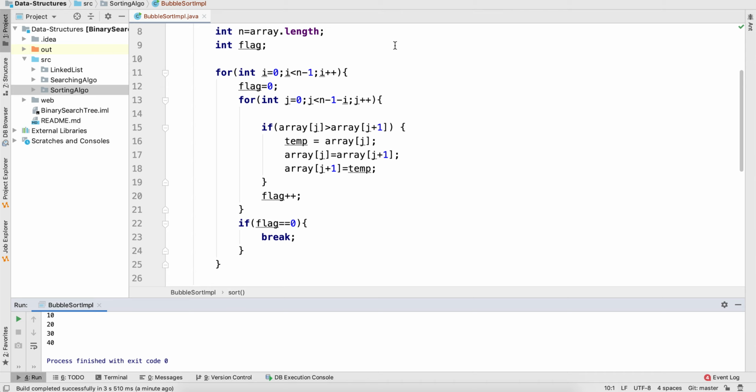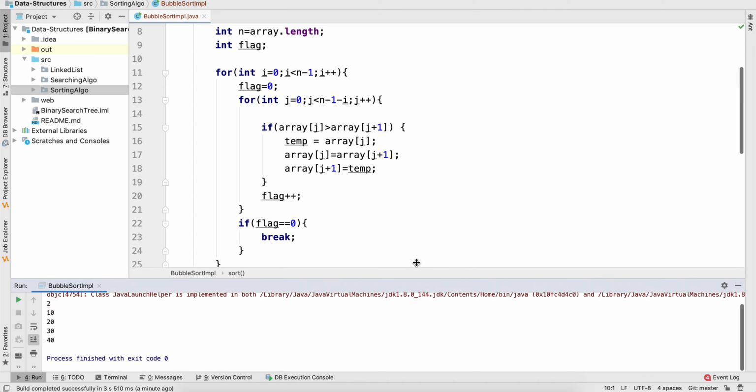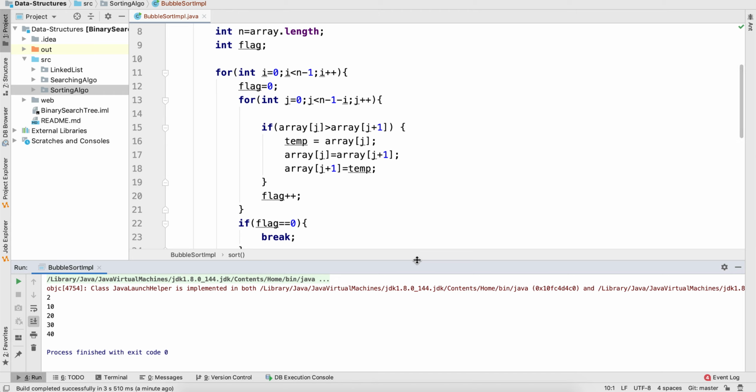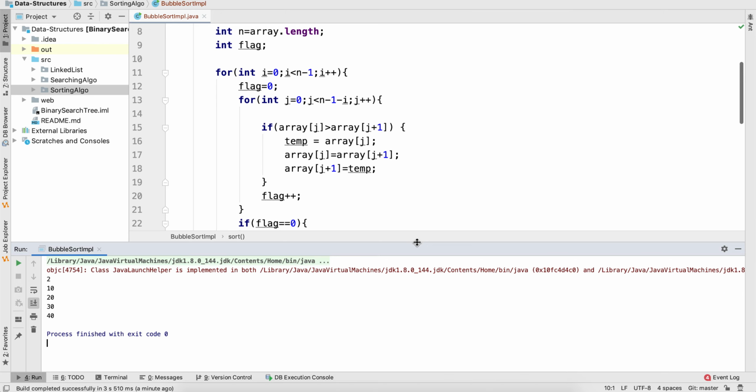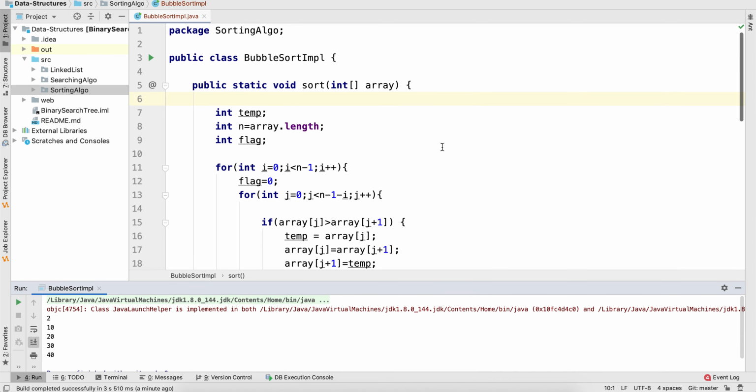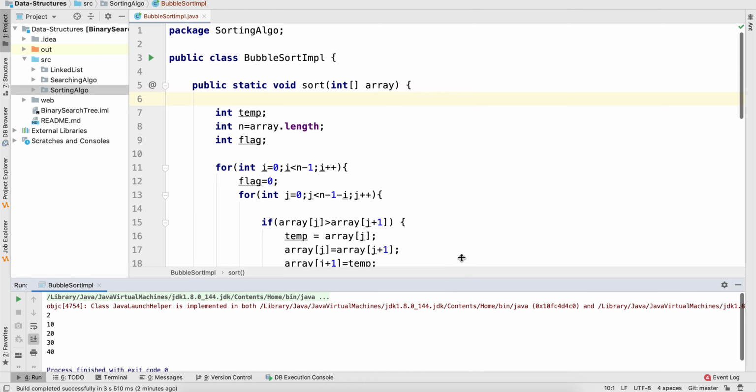So on total it will be n minus 1 into n minus 1, which is nothing but n square. So in average and worst case, the time complexity will be big O of n square. So this sorting algorithm is not preferred for sorting the elements. So for that, the best algorithms used are quicksort and merge sort. We'll be covering them in next videos.